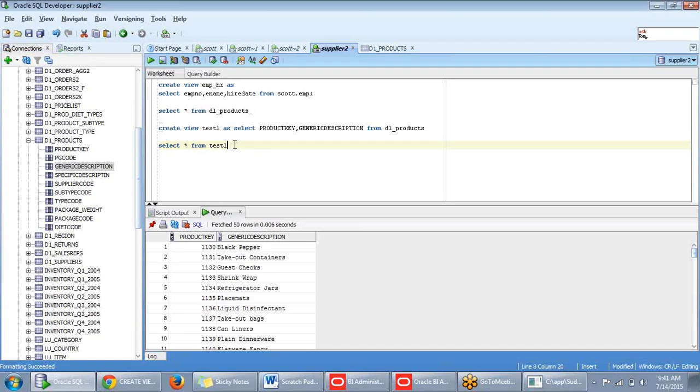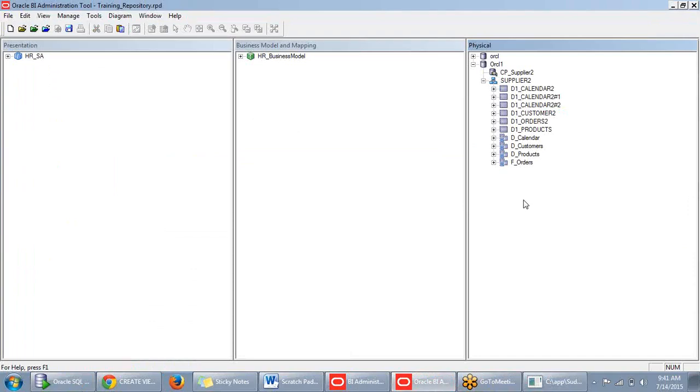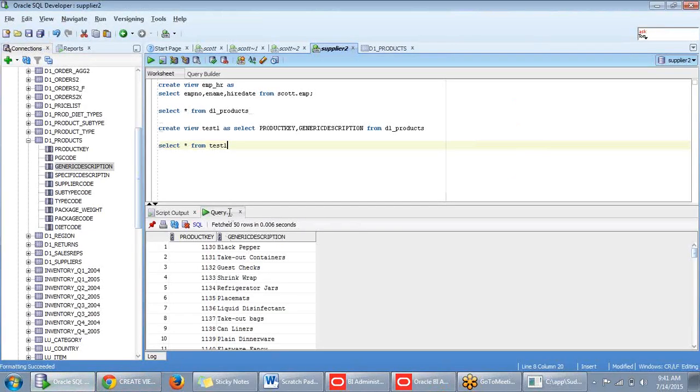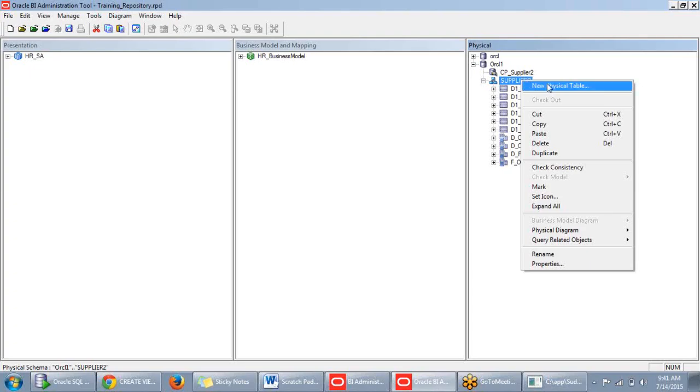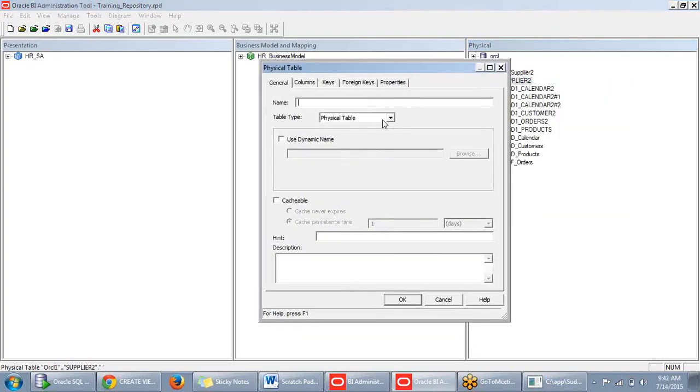Okay, let us say we want to create a particular view in OBIEE from a particular table. How do we handle such requirements? Let's do it with the same scenario: this product key and generic description from d1 underscore products. I will be creating a new physical table. Okay, this physical table